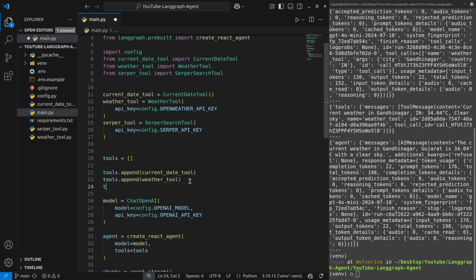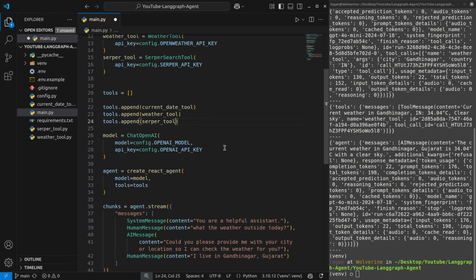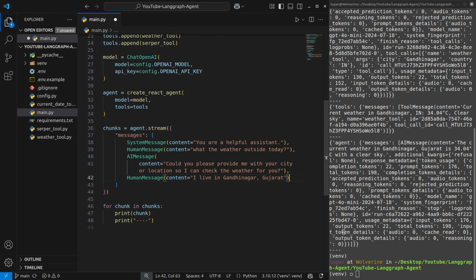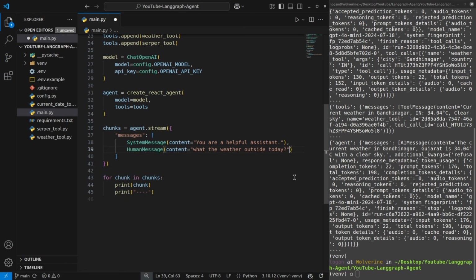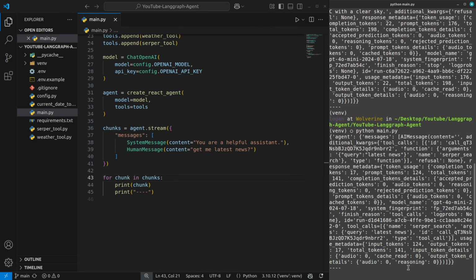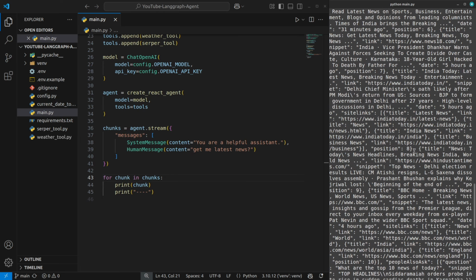I'll say tools dot append serper tool, and this will work. Instead of all of these things, I'll get rid of them and say get me latest news. And when I save this and run the application again, you'll see that